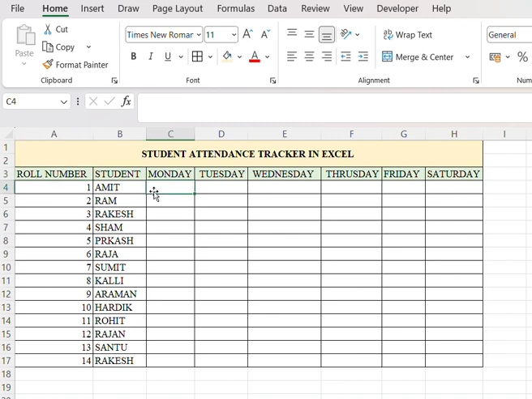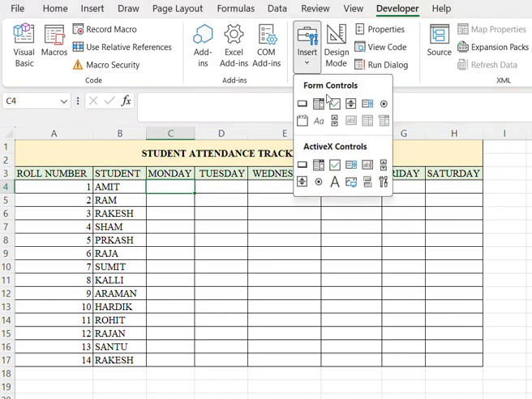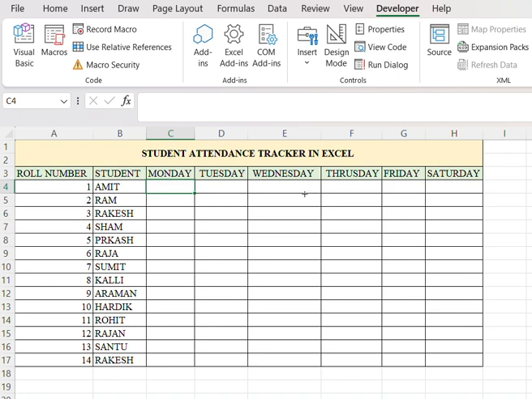Now to create the check boxes, what can I do? I can go to the Developer tab. If you go to the Developer tab, you will find the option called Insert. You click on Insert, you will find the option of checkbox. After clicking on checkbox, it will show you to insert a checkbox. You just take the checkbox, and after taking the checkbox, I don't want this text to be present here. I don't want the text "Check Box 103", this entire text should not be present here.